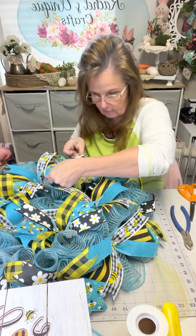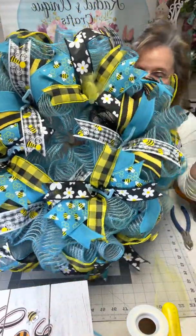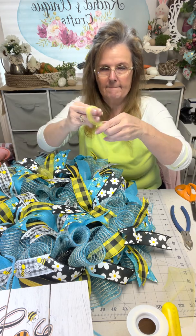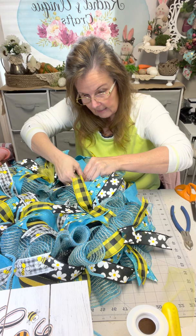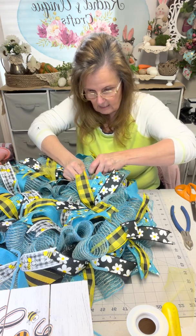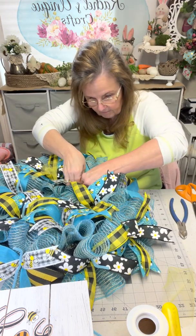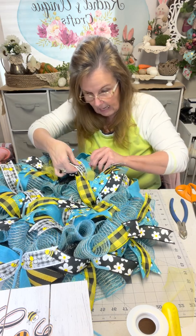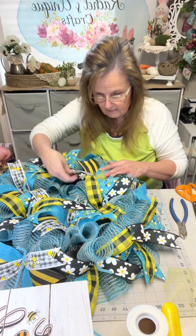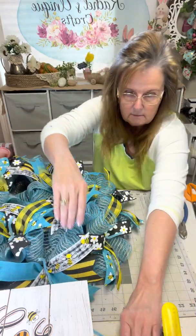This tool is going to grab on the mesh and everything else. And that's okay, because I'm going to keep it there in the middle. So you see the difference between your pipe cleaner showing and the little tulle, it adds just a different texture to it. It adds a little bit more color, and it covers up the middle. I just like it. I saw this from Melly Mill. She does it or did it, and I like it, so I do it. There again, everybody does not, and that's fine. But it just adds so much more. All right,